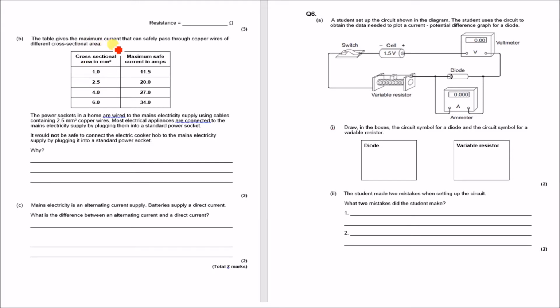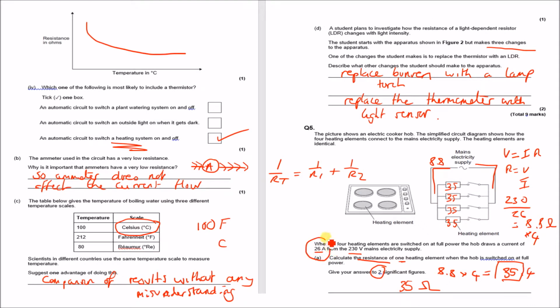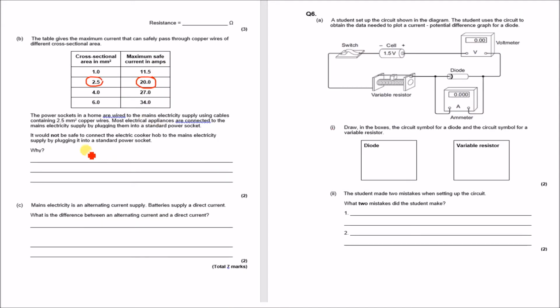Right, so the table gives the maximum current that can safely pass through the copper wires of different cross-sectional areas, and it says the mains electricity supply uses cables containing 2.5 millimetres squared copper wires. So the cross-sectional area is 2.5, which means the maximum safe value is 20 amps. Now, in the last question, it said 26 amps is for the whole of the heater, the hob. So 2.5 has a safe working value of 20 amps. We're using 26 amps, which is clearly higher